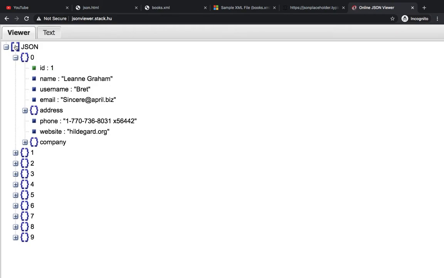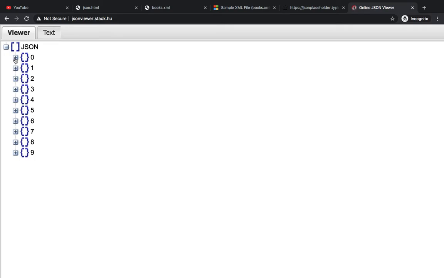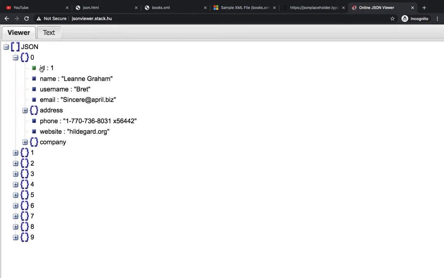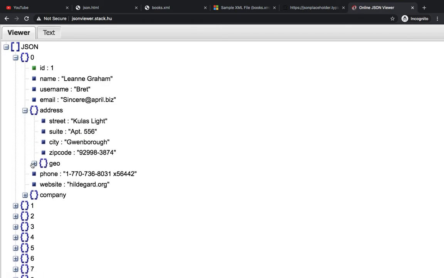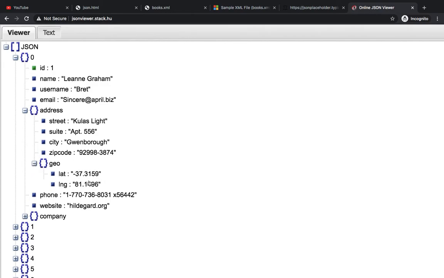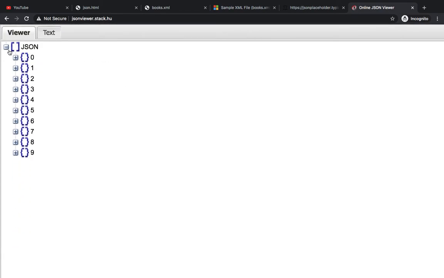You can see the whole JSON object is an array inside which there are multiple objects. So here is the zeroth object, first object, second object, and so on. Inside the zeroth object there are records of the user: ID, name, username, email, and so on. Inside this object there is another object, address, which has again an object, geo, which has latitude and longitude of the user. So this is the way you can understand the data in a better way.